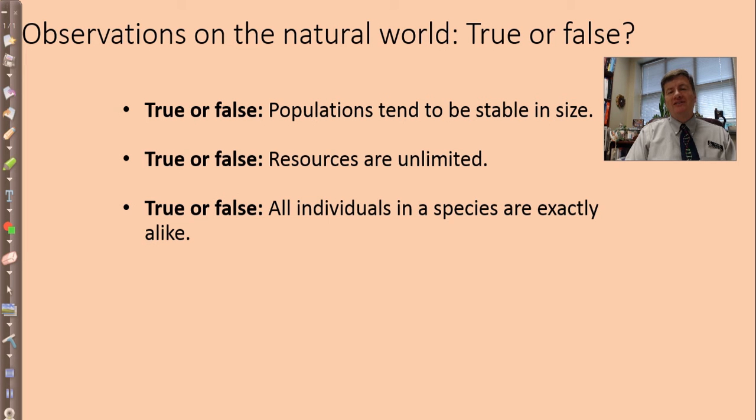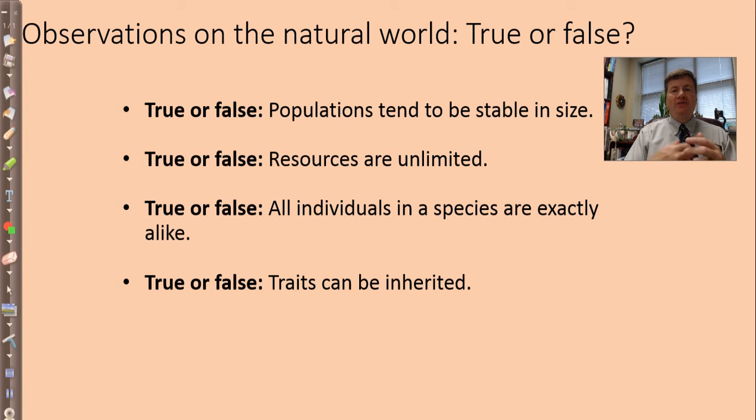All individuals in a species are exactly alike. Clearly not true. We have species with a variety of differences, and we can talk about the importance of those variations in a second. Traits can be inherited. True. Some of our traits are acquired. That is, after we are conceived and we're born and we're living, you may choose to dye your hair or build up big muscles or lose a lot of weight or gain a lot of weight or whatever. You can change some things, but clearly the number of eyes you have is determined not by things you do, but by the genetics you have. So if populations tend to be stable in size, resources are limited, individuals are different, and traits can be inherited,